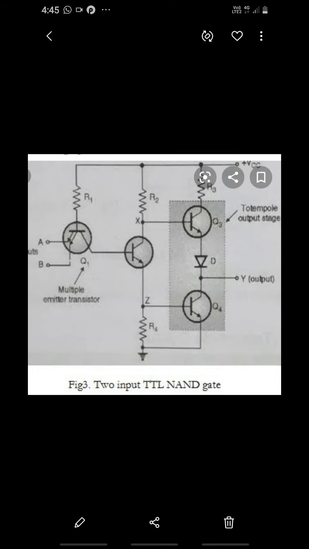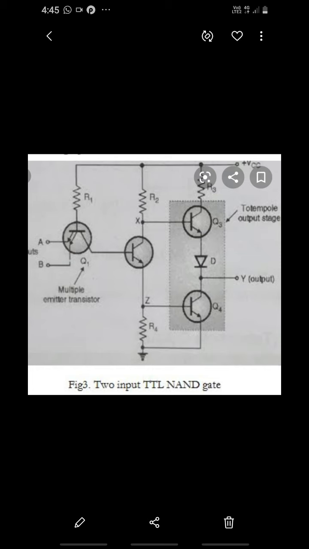If any of the two inputs or both inputs are low, then the base to emitter junction of Q1 is forward biased and its base to collector junction is reverse biased. Therefore, there is a current through R1 and the base to emitter junction of Q1 transistor,